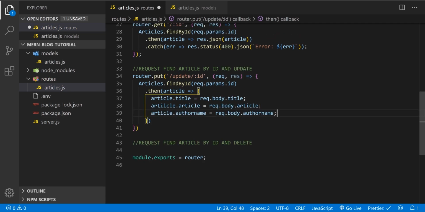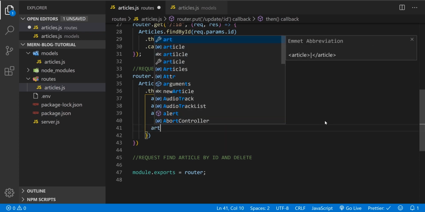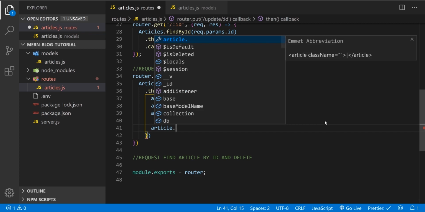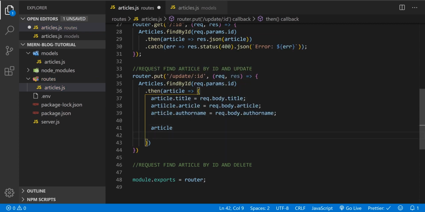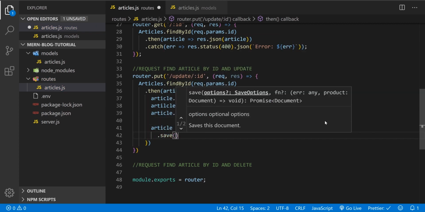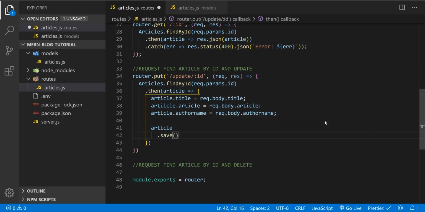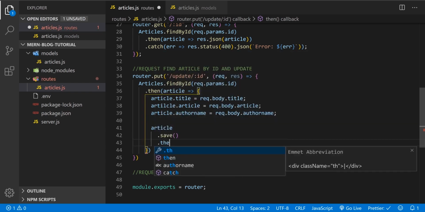So we're gonna find it, and we need to update. And update, we're gonna article.save, and then we want the promise, then,